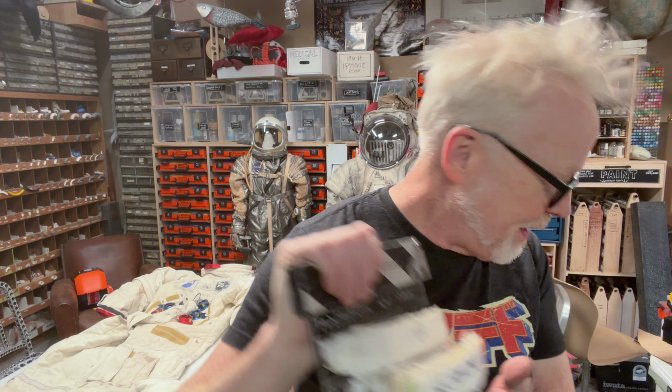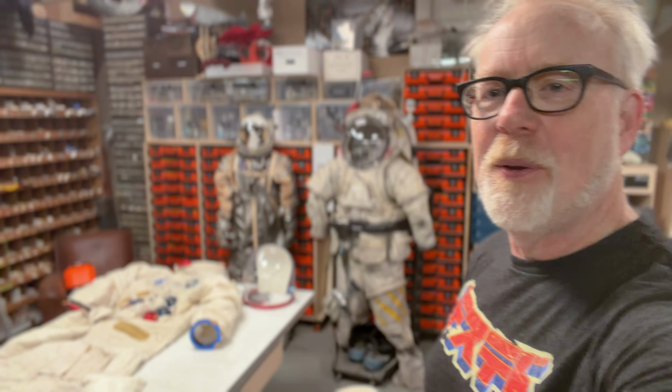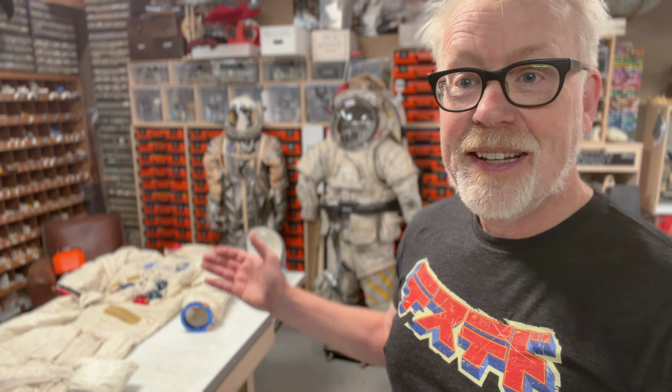Yeah, I found it. Hi guys, Adam Savage here with a tale of three spacesuits. These are three of my prized possessions. This here is my Ryan Nagata made